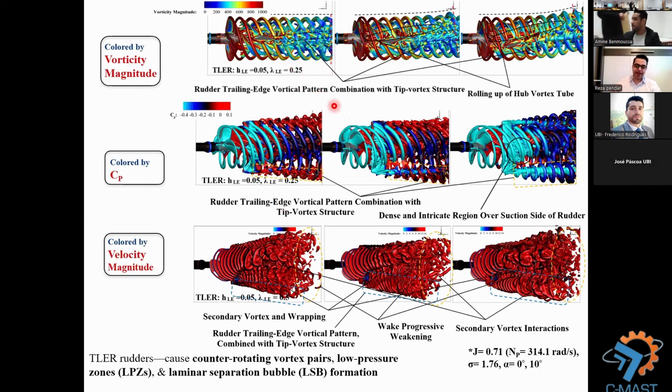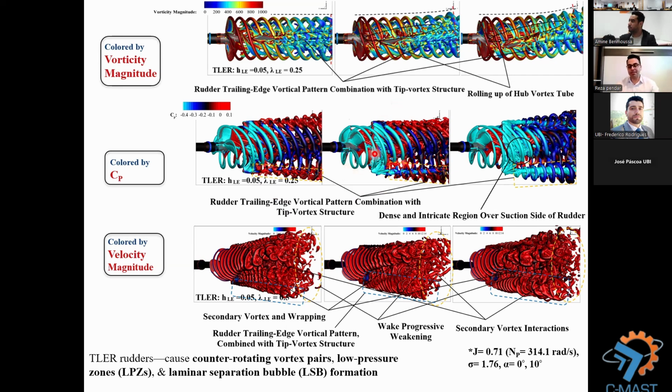Here we deeply analyze in different views the wake generated by the propeller over the surface of the rudder, colored by vorticity magnitude, pressure coefficient, and also the velocity magnitudes. Tubercled rudders, or baby rudders, generate a counter-rotating vortex pair and low pressure. Here you can see the low pressure zone,